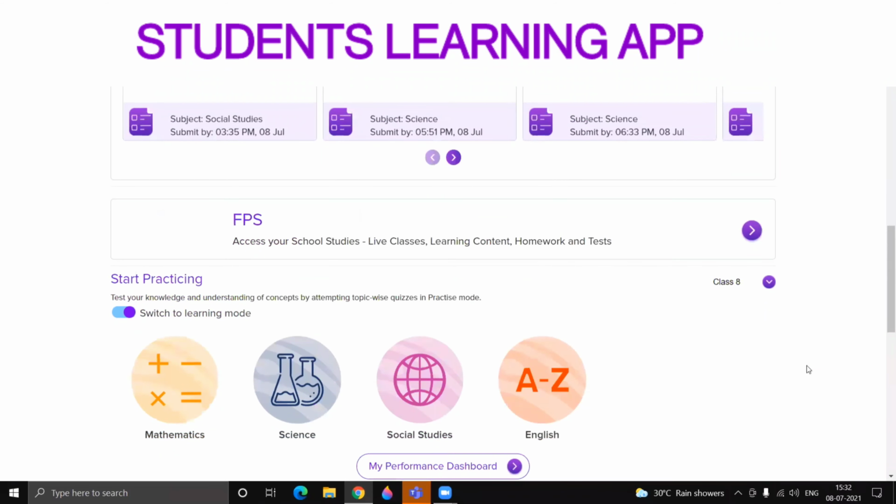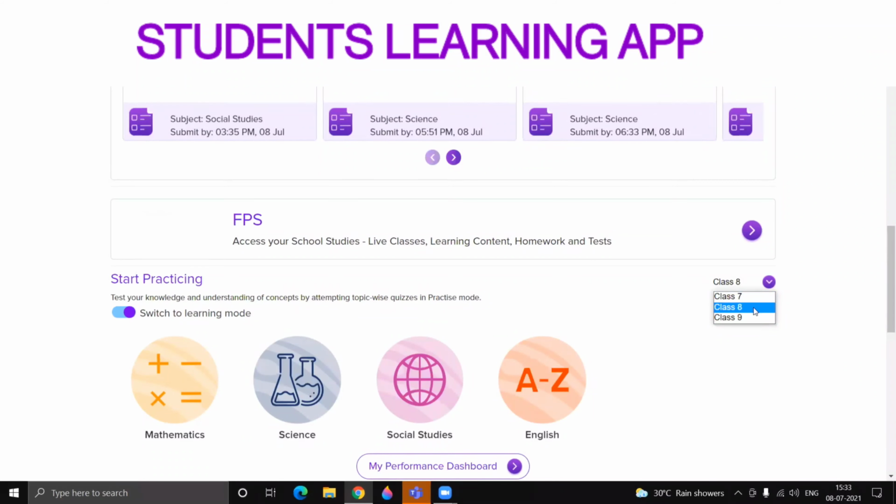And when I scroll down below, we have this as a school platform. It's a virtual school where, once the school onboards with us, we create a school name with logo so that the child can access the activities given by the teacher. It could be a live class, learning content, homework, and a test. And here come the classes which the child can access. Suppose the child is in class 8, he can access classes 7, 8, and 9. This is where he can connect to previous knowledge and then extend further.